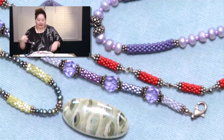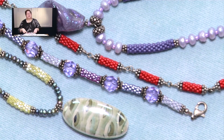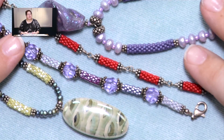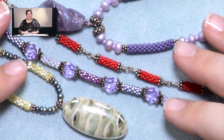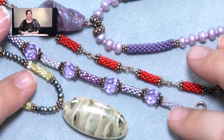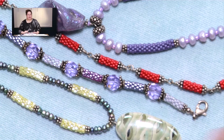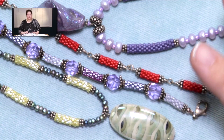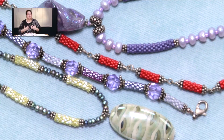So let's take a look at some pieces of jewelry that I brought with me today. These are all pieces that I created back in the early days of my jewelry career when I used to make pieces and go to craft shows and sell them at craft shows. And one of the ways that I kind of differentiated myself was I included just little pieces of bead weaving in it. If you have done the craft show circuit, you know that it's very difficult to make a